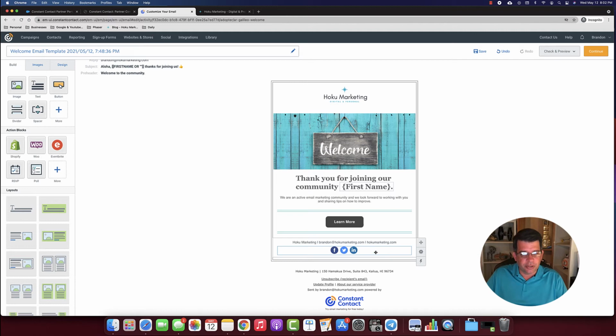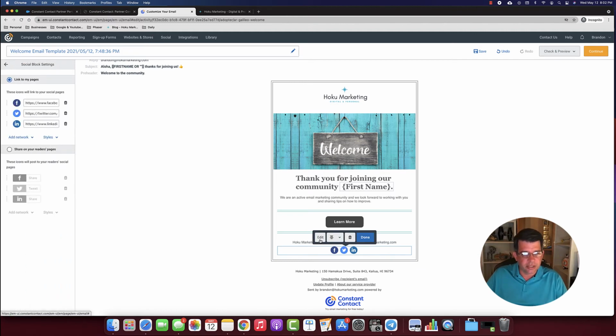Now we're on the bottom here. We're in these social icons. So if we click on this and we click edit, you're going to notice for the first time in this particular email, our left-hand panel has changed, and we're given some different settings that we can look at. So in each one of these locations, you can change and add your Facebook page URL, your Twitter, your LinkedIn. That way when anyone clicks on these, they'll be taken to your